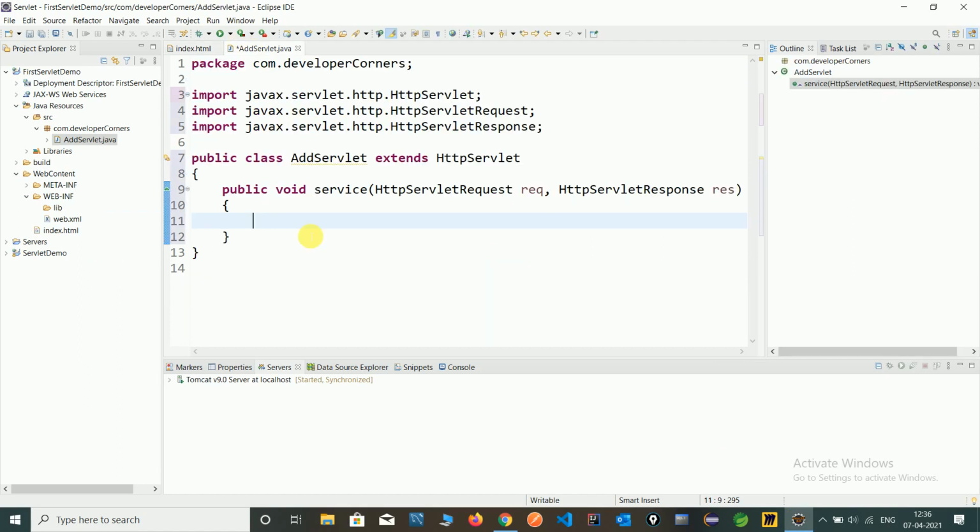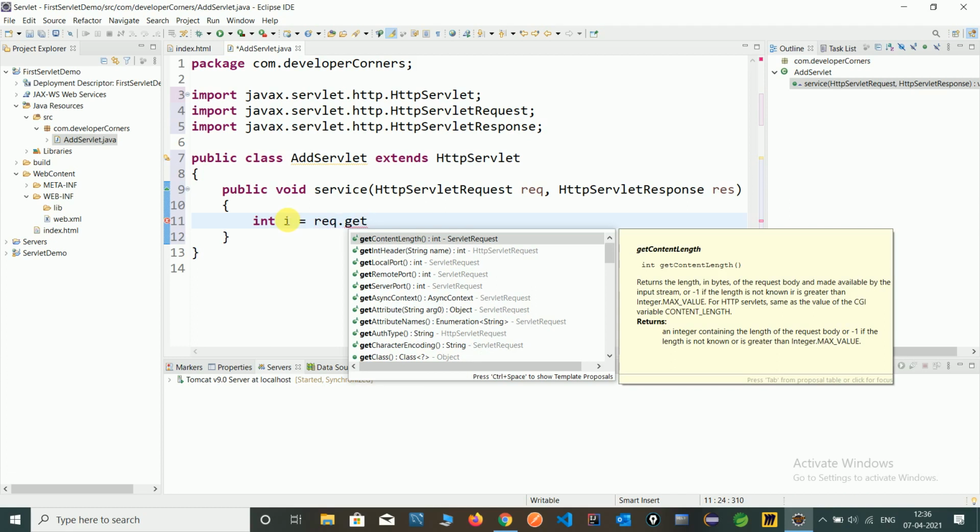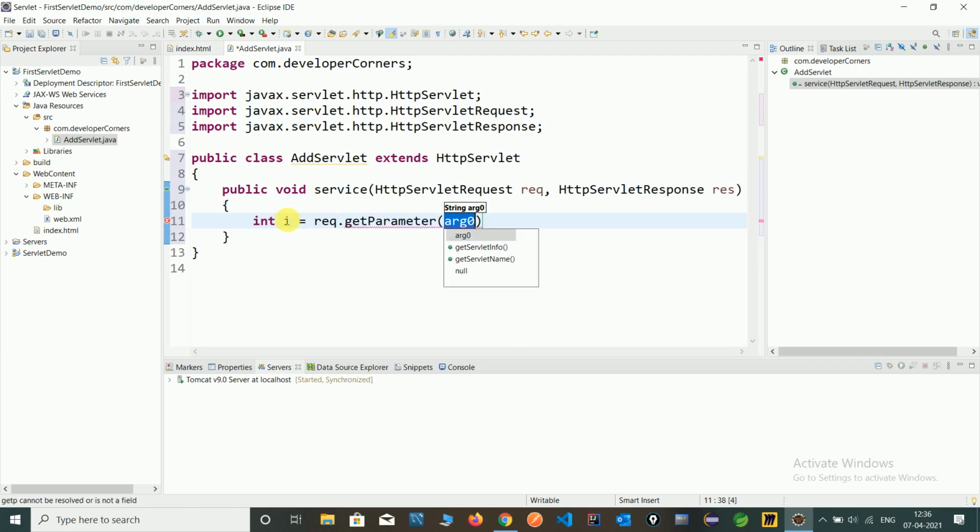So we should create the servlet. Just take a variable name, and we should use the request.getParameter method for accessing the client value from the HTML page, which we gave the name num1. By default the getParameter method returns a string, so we should typecast this value.